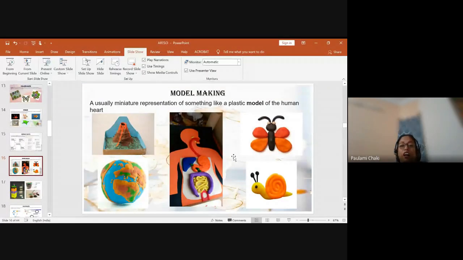Earth, how it looks when we are teaching them rotation, revolution. Then different phases of the moon also can be done, small 2D models can be made. Volcano model can be made. This volcano model, I remember I did in grade 5 when I was teaching them natural disasters. So I took volcano and I told them, you all will bring clay and you are going to make beautiful models of volcano. So this type of model making is one of the things which we do quite often.